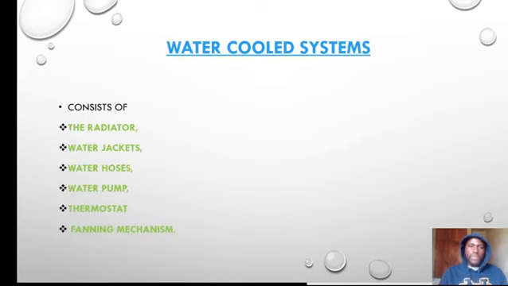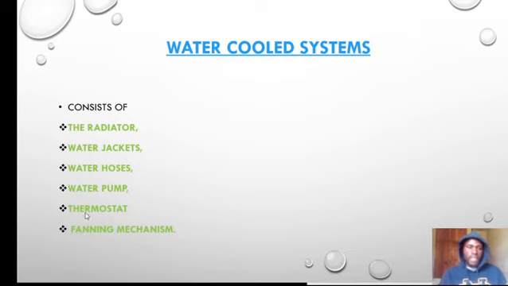What about the water cooled system? This one is complex, and it has several parts. We have the radiator. This is where we introduce the water, cooling it. We have the water jackets. These ones distribute the water within the whole engine, and also we have the hoses. These are the pipes that will make sure that the water flows from the radiator all the way. And then also we have the water pump. This one is to force the water from the radiator to all the parts that the engine might get hot